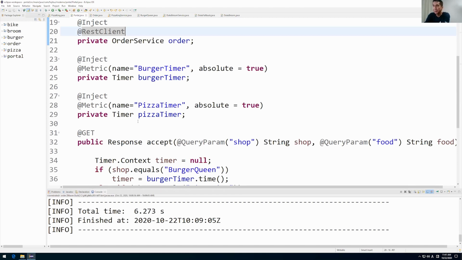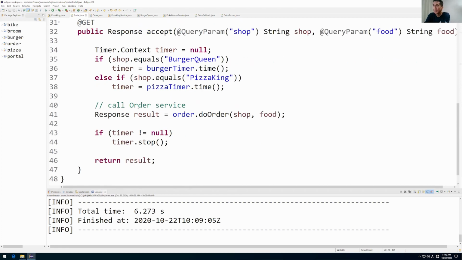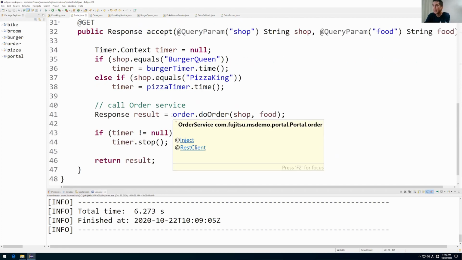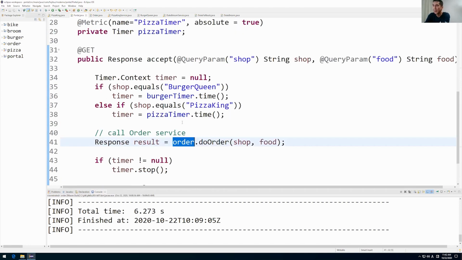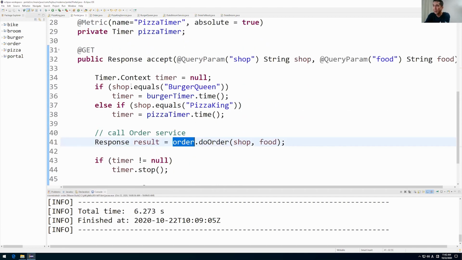I will use these metrics later in this demo. And what it is doing here is just calling the order service. Order is a REST client. Before calling the order service, the timer starts, and after it, the timer stops.